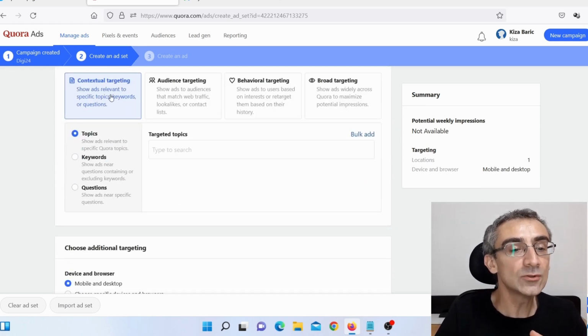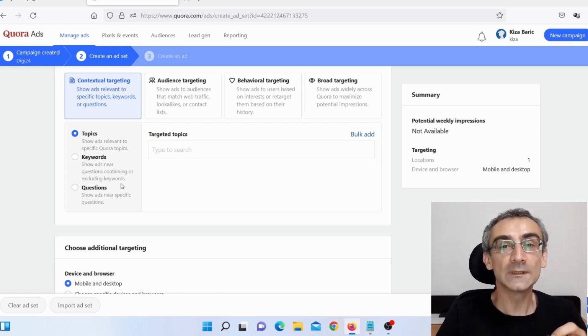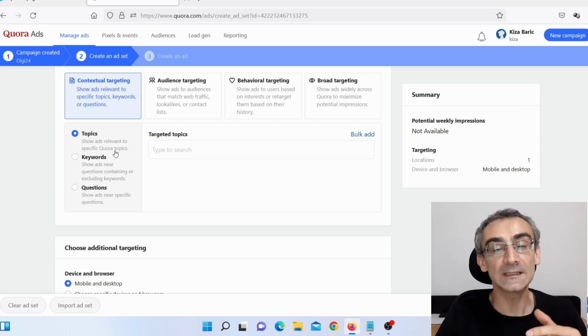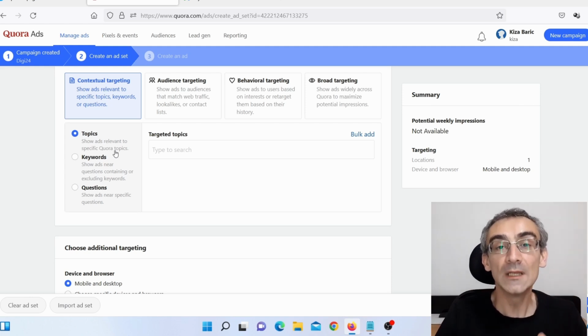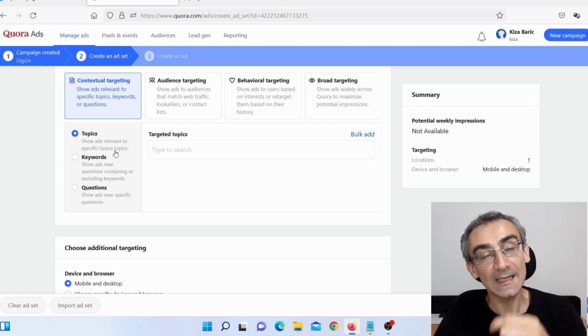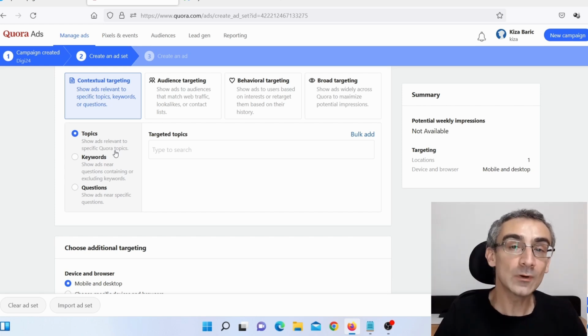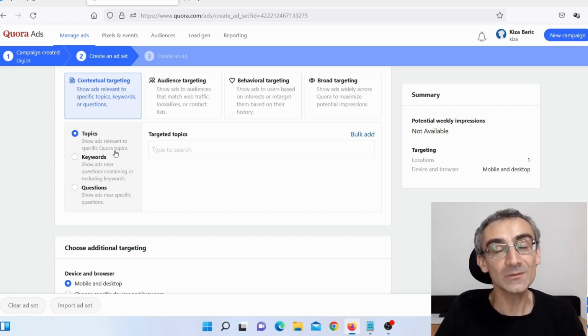And here you need to choose contextual targeting. Here you can see there are 4 options, but you wish to choose contextual targeting, okay? And here you can choose topics, keywords, or questions. Now for this purpose, we are going to stick with topics because we wish to advertise our product, our bridge page, to people who are asking these questions and people who are answering these questions,